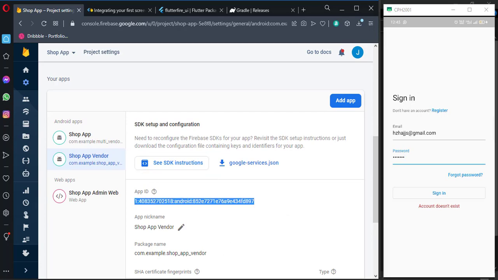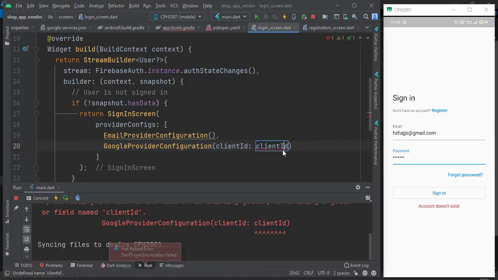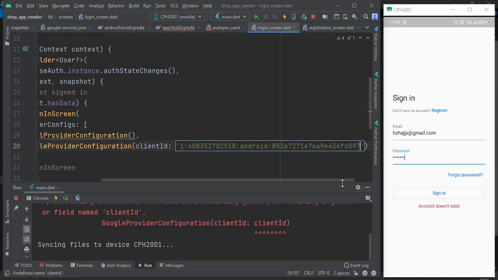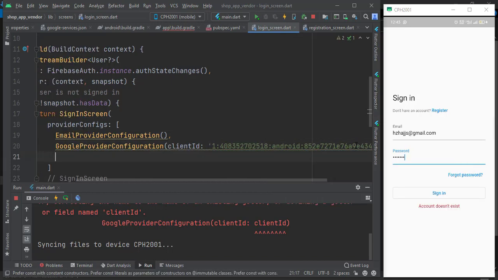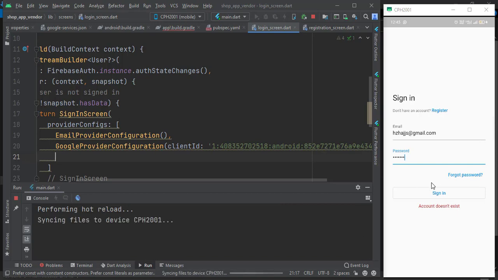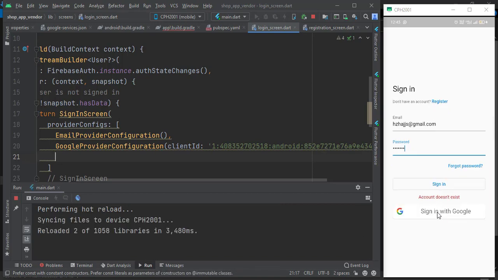You can just copy that one and paste it as text. Then if you run, you can see a Google button here. Yeah, Google button also came. Then another one is